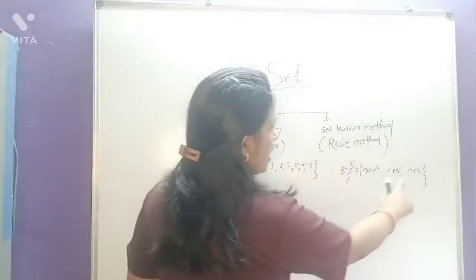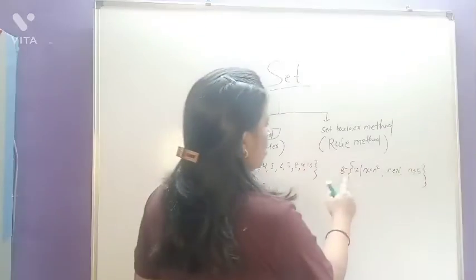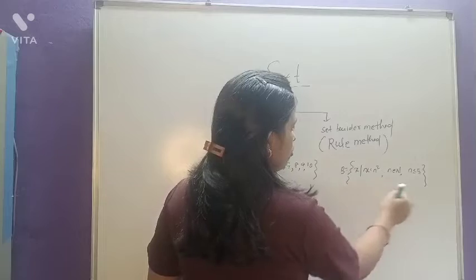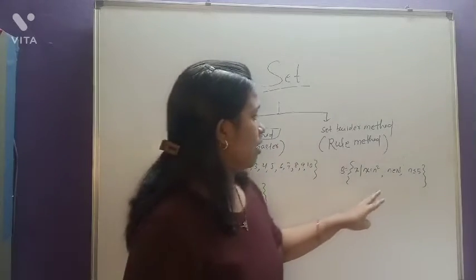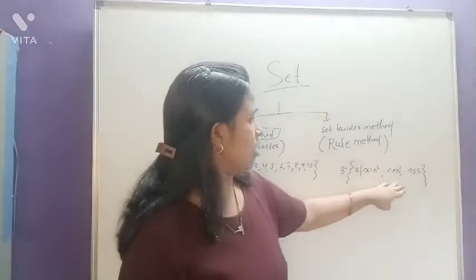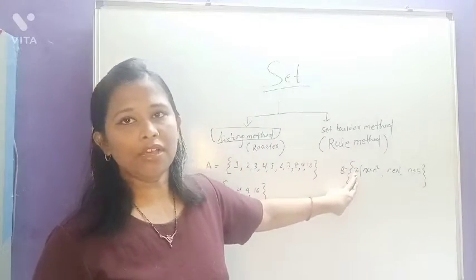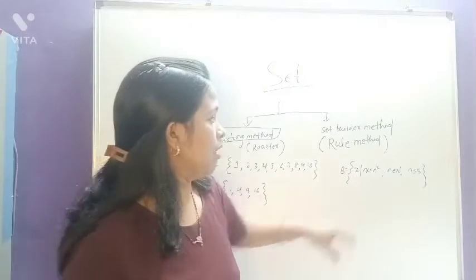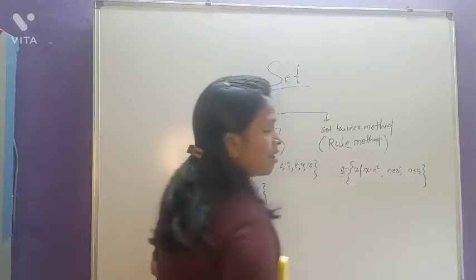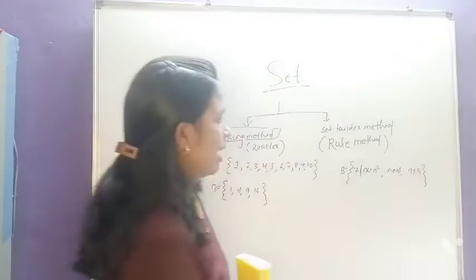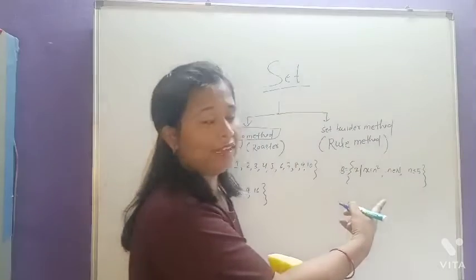So as here I am writing n less than equal to 5. Here this is the set. You know the set, we can represent the set inside the curly bracket. We can write the elements inside this curly bracket. Here x is nothing but the element of the set, and this sign is called the such that sign. Okay.